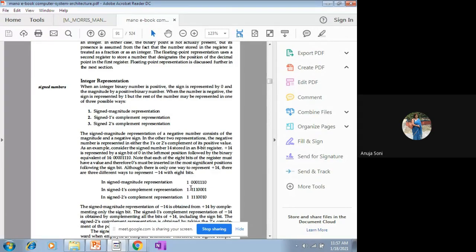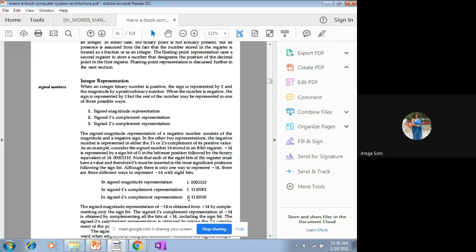You have to remember this thing, that the sign bit is 1, specifically in the case of your negative number. In the case of taking the 1's complement and 2's complement, the sign bit will remain as such, its complement will not be taken.